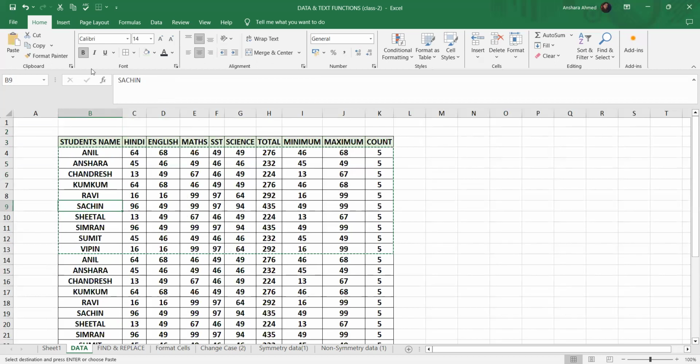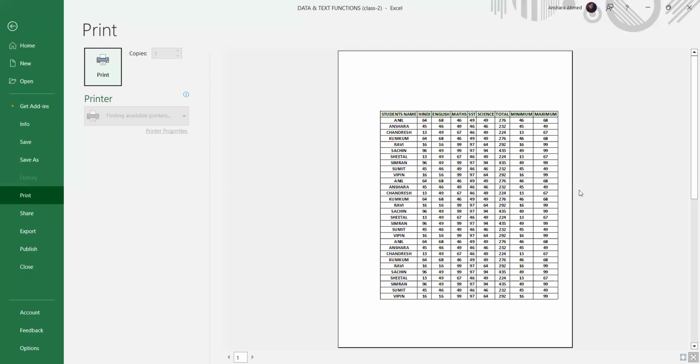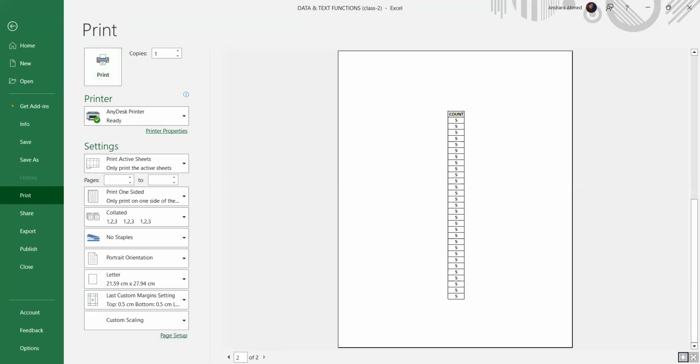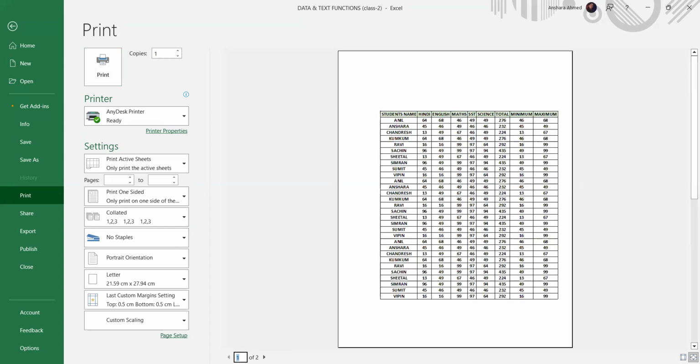So what we can do is press Ctrl plus P, and you can see the data is in 2 pages, and the first column is on the next page, but I want my data to be only on 1 page. So what I can do is